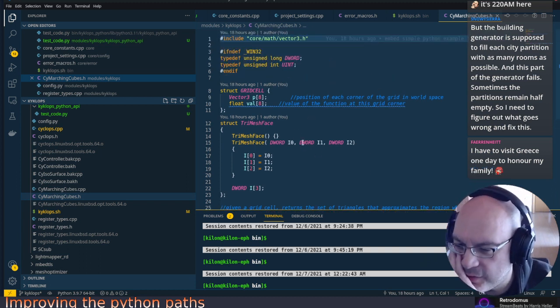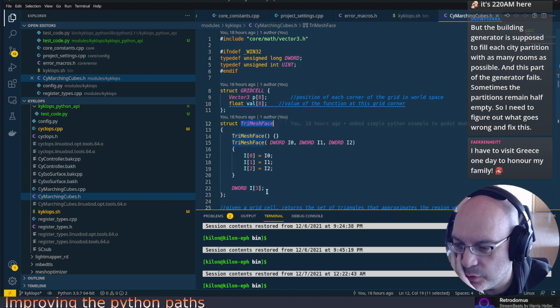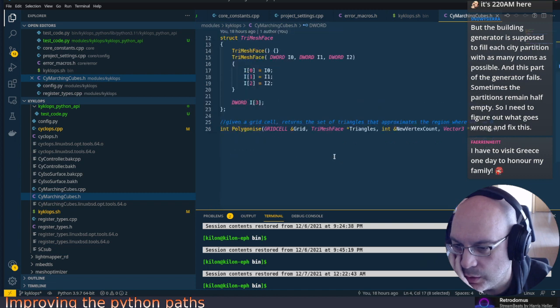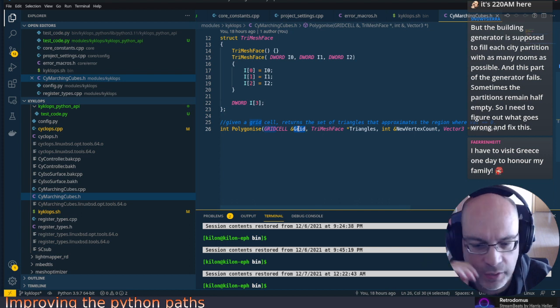So we have here the tri mesh, which describes the triangular mesh, which has only 3 indexes, which is the 3 vertices that make a triangle. So this is the first vertex, the second, and the third vertex, and all 3 make 1 triangle. DWORD, it has been assigned as unsigned long, DWORD. And we have here the grid, which is the voxel. So basically